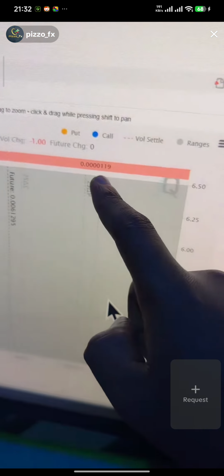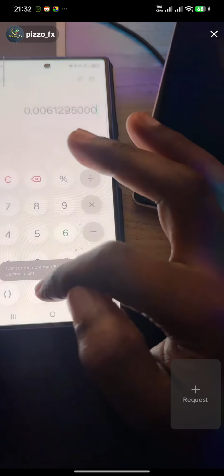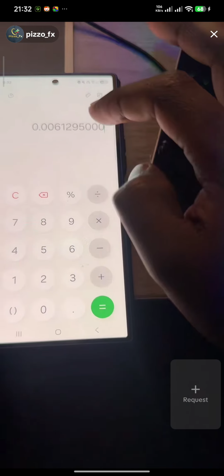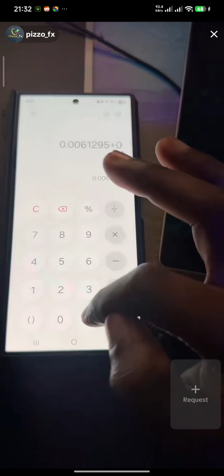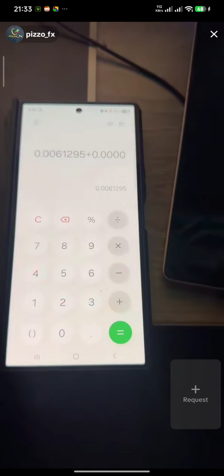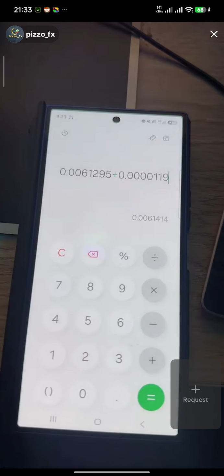You add this number, 0.40119, 0.1234. Plus 0.1234, 119. You basically get 0.0